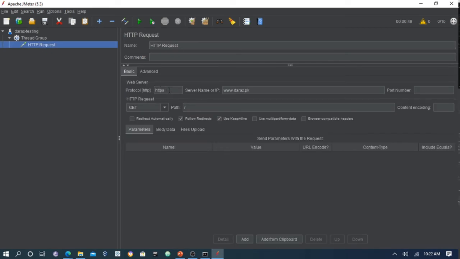If you're testing an HTTP website, then there is no need to fill in this field. But if you are testing HTTPS, then you have to specify it in this field. And this is a URL, and this is a path. Let me add